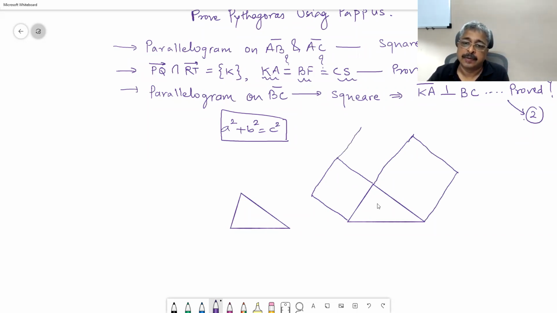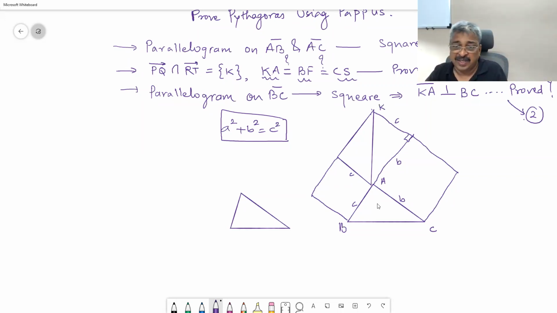Extend up to K. So this is A, B, C. Therefore, this is small c, this is small c, this is small b, this is small b, and therefore this is going to be a rectangle, and it is very easy to prove that this is also small c, correct? And therefore